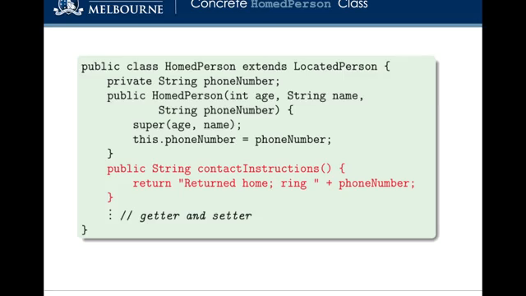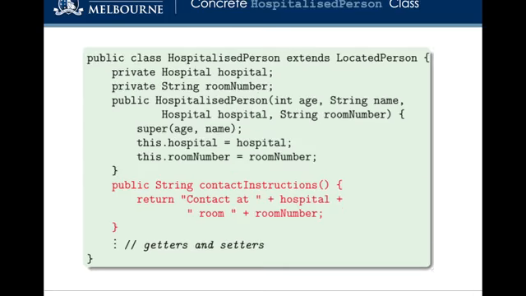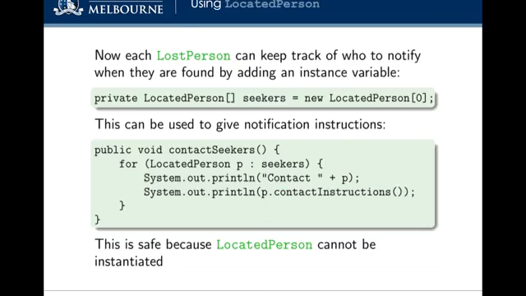Or naturally, you can then just create an abstract class out of a home person, for example, and provide an abstract method to pass on. The same with a hospitalized person. So this is going through the example that we saw a few slides back, whereby you have to just keep providing the contact instructions because you're extending located person. So if you're extending an abstract class, you have to provide meaning to the abstract method that is being specified by that abstract class. So now each lost person in this example can actually keep track of who to notify